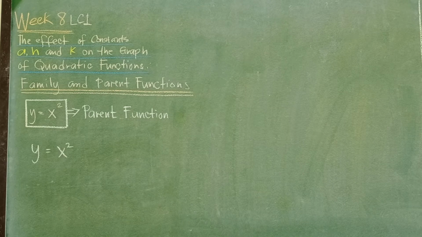Ano kaya nangyayari? So mag-start tayo doon sa pinaka-parent function. Ano yung itsura ng isang parent function? So first thing to do is to identify yung vertex. So in this form, paano mo ma-identify yung value ng h, k, at saka yung a? Kung ganito yung itsura. Well, originally, you can write y is equal to x squared as